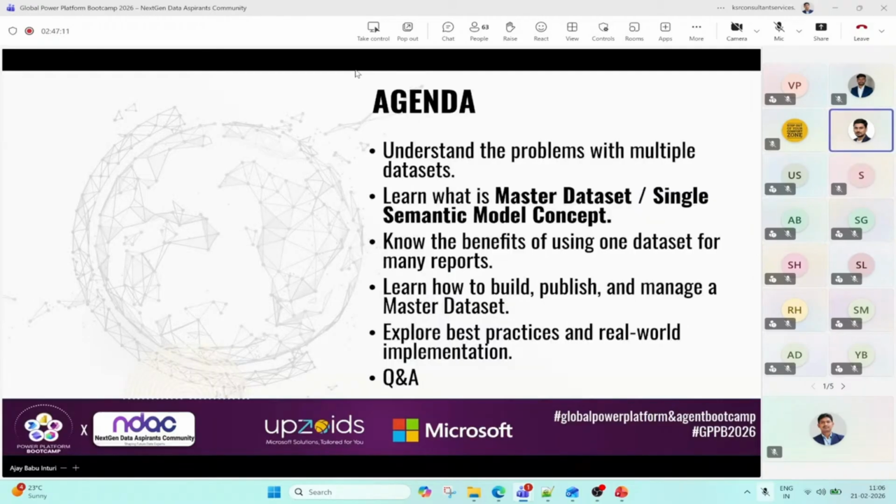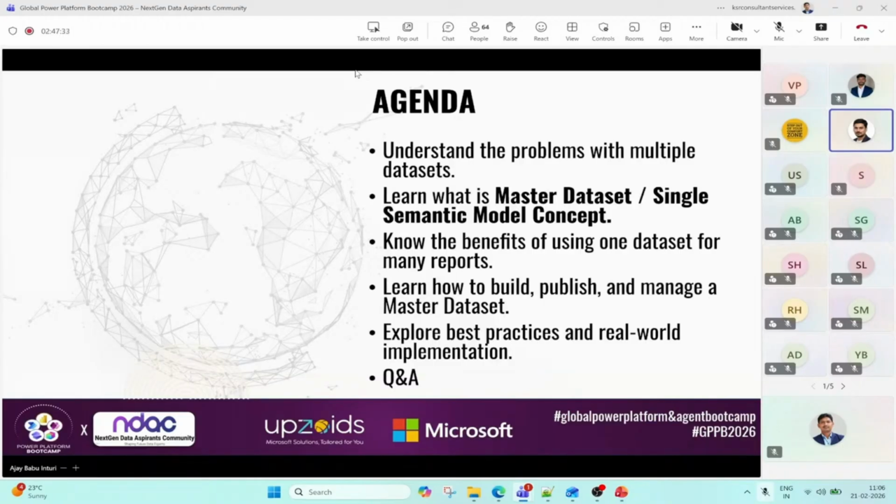So this is today's agenda. I know everyone is doing multiple reports when creating a Power BI data set on the same data, and sometimes it ends up with huge issues. So the first point is the problems with multiple data sets using the same data.